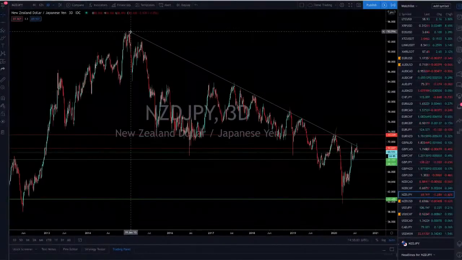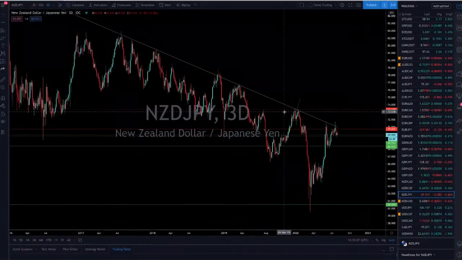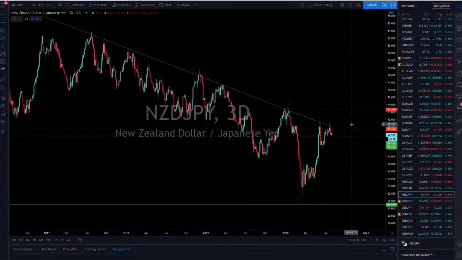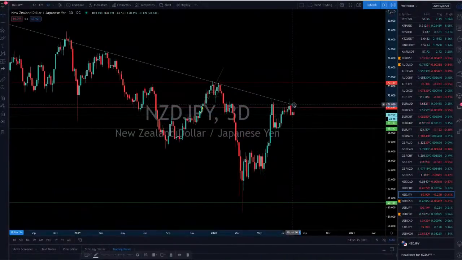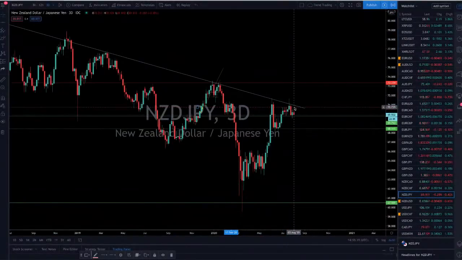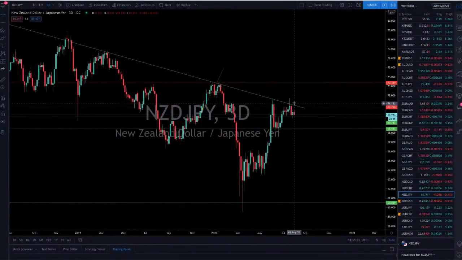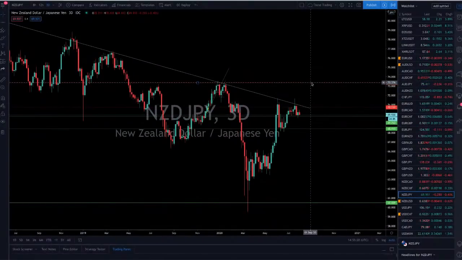That's a big trend line over here. A breakout is something I want to be involved in. I love my trend line breaks. You could see what's happening over here. This is on the 3-day, by the way. You could see this trend line. I'm going to extend it. And this resistance over here in that area. A breakout above there, right? That opens up a decent move to the upside, targeting the resistance at 73.33,